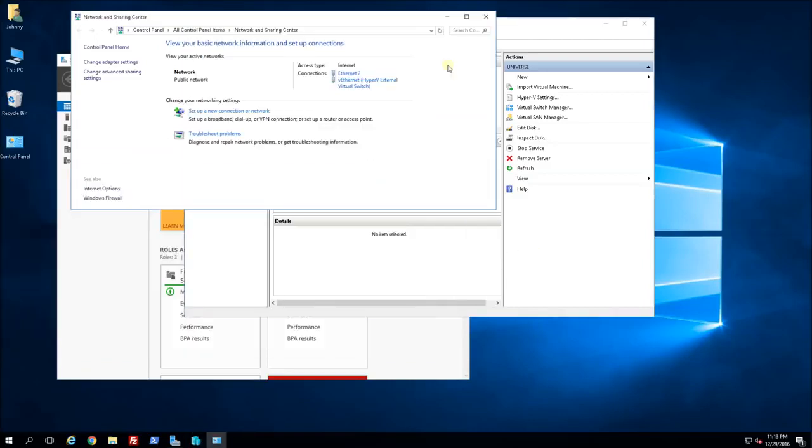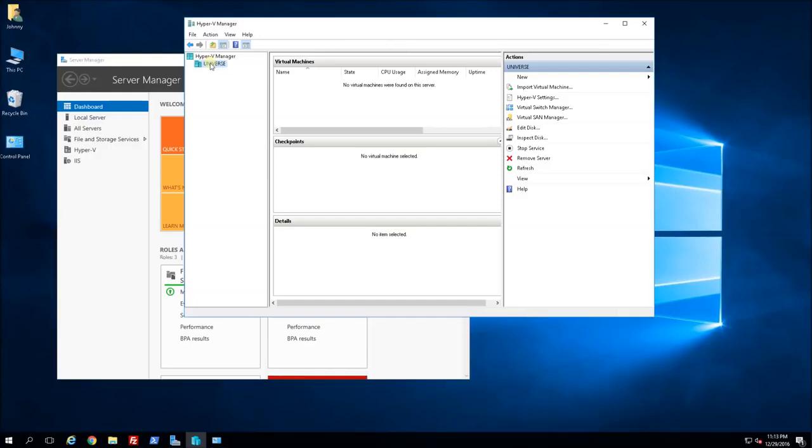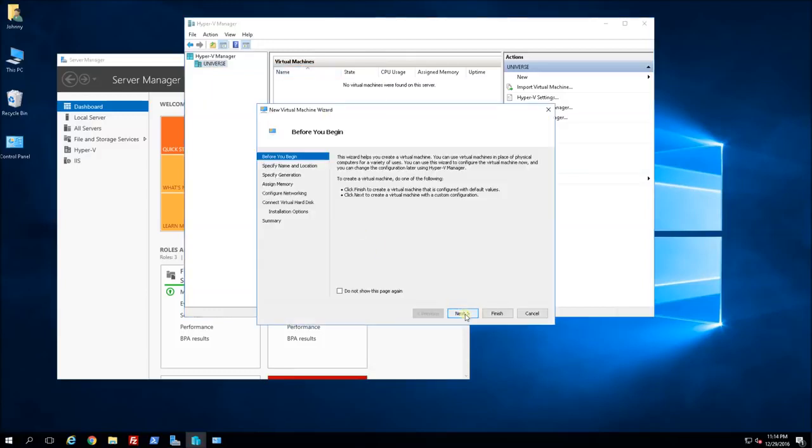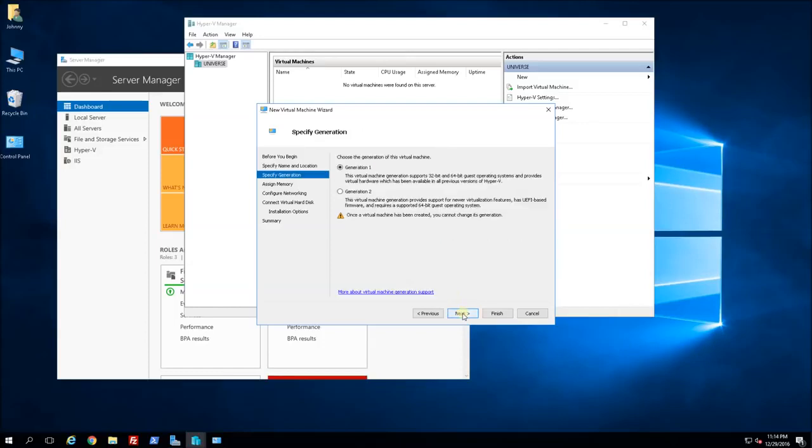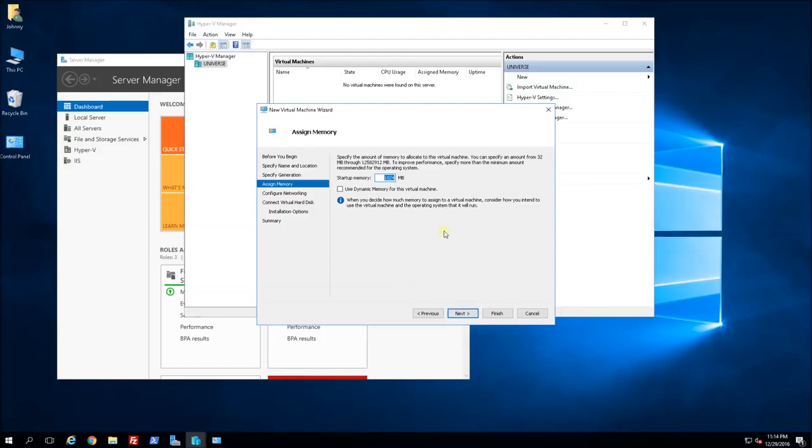So let's go back to Hyper-V Manager, and I'm going to right click on my server, say new virtual machine, and go through this wizard here, and I will just name it Cobra, and that will be my default location where I have all my virtual machines. And I am going to select generation 1 here, and click next, and I will be giving this 4 gigs,